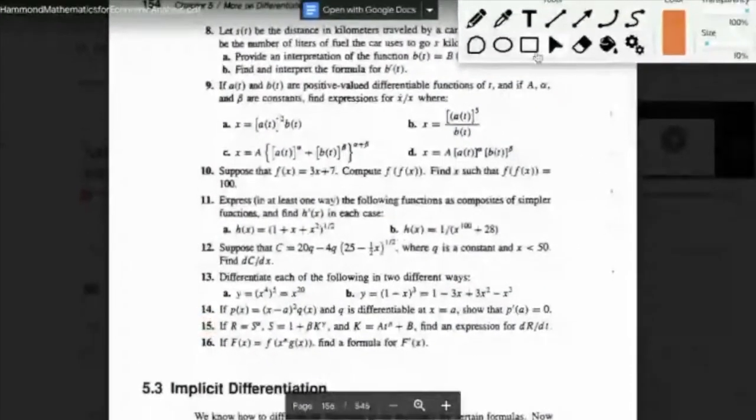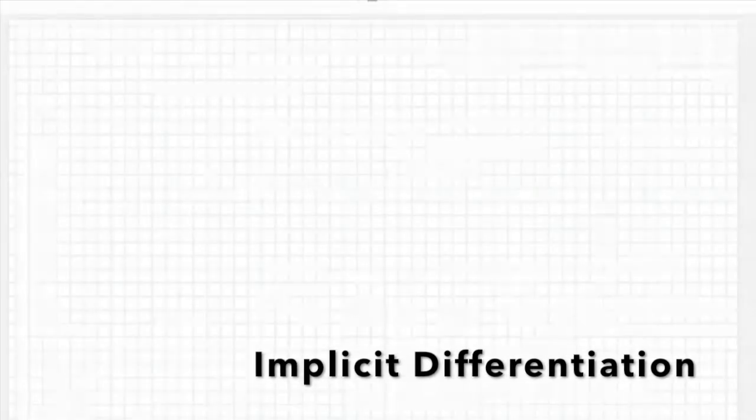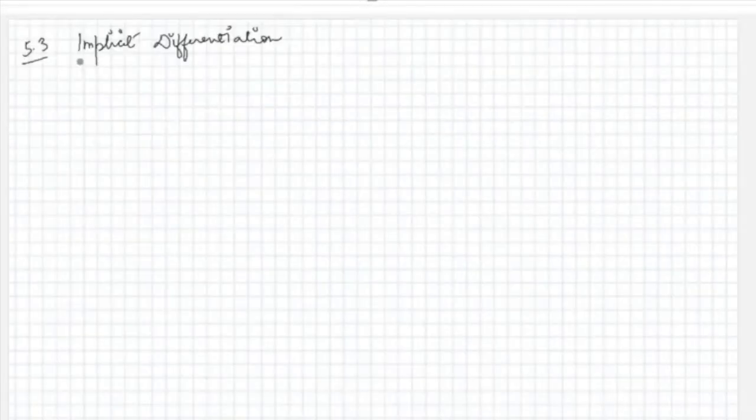Let's move on to the next section, which is 5.3, implicit differentiation. When do we use it and how do we solve for the derivatives when we have implicit functions, or when we have to use implicit differentiation, is what we are going to understand in this section. Primarily used when you have functions which are defined implicitly. So for example, if I give you an equation,